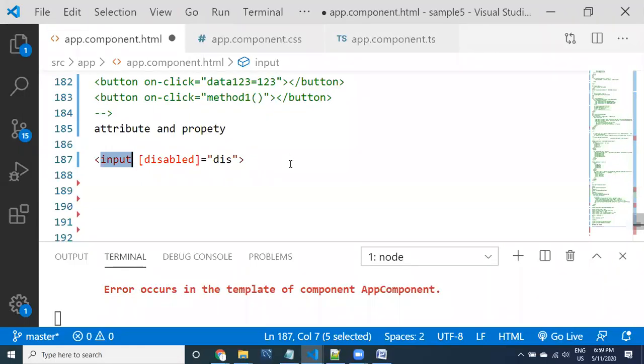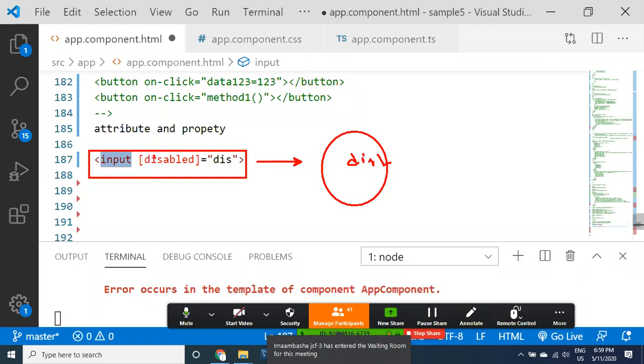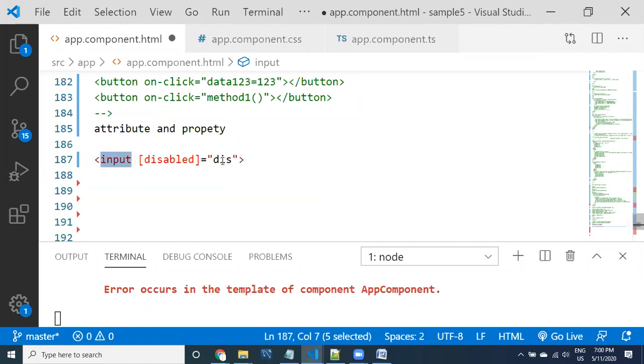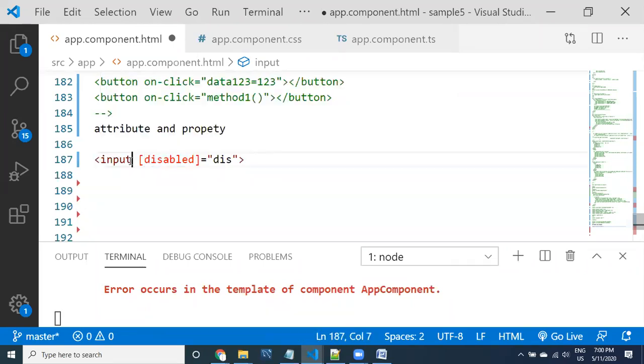When it is converted into a DOM object, it also contains a disabled property. At the same time, the input HTML also contains an attribute. Now, are you assigning this value to the attribute or the property? You need to understand clearly that attribute is different and property is different. Here you are assigning the disabled property directly inside the input element.